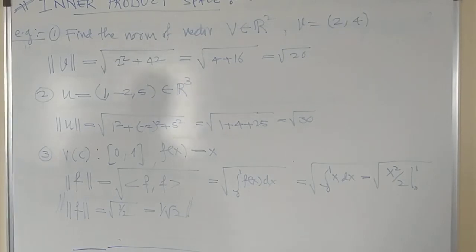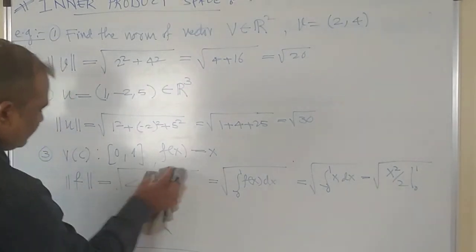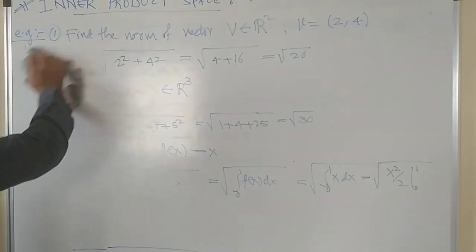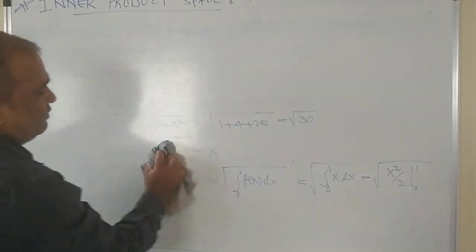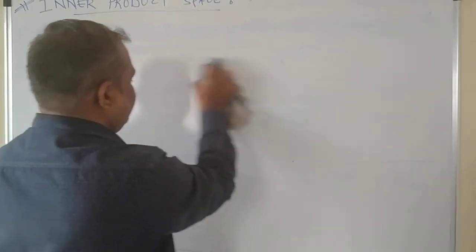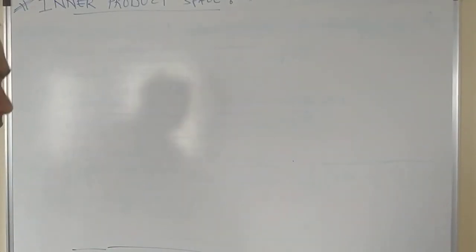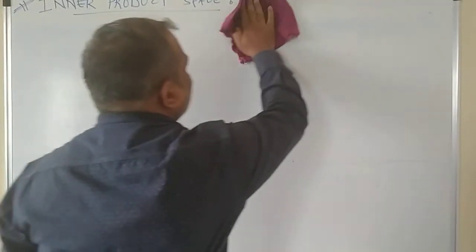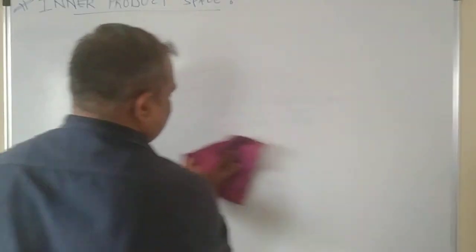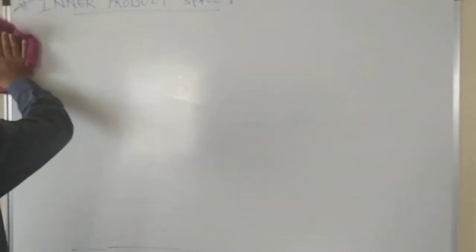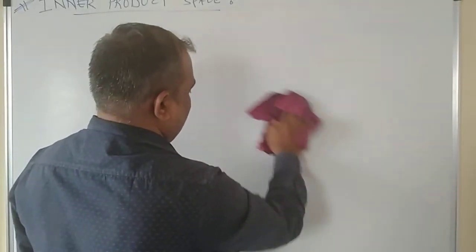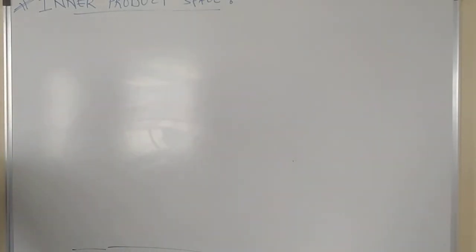Now let us try to understand how to normalize the vector. The norm of the vector has a very important role in Gram-Schmidt orthogonalization and for the normalization of the vectors, right? So how to normalize the vector? To normalize the vector, we have to take the vector divided by its norm, and that gives you the normalized vector. The very simple way. I'll give you some examples so that you can understand it well. So let's understand normalization of a vector by example.